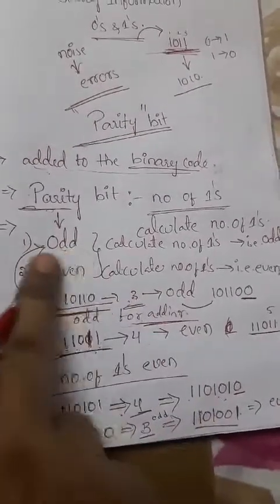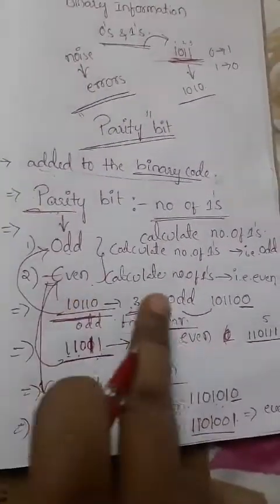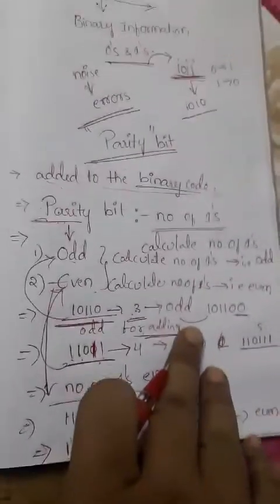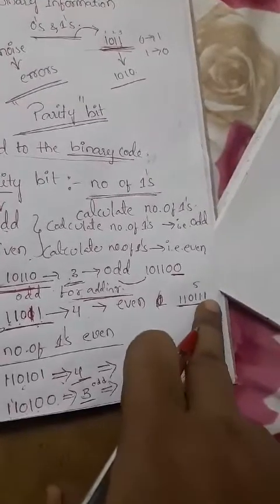That means if you are implementing the odd parity, calculate the number of ones. If that number of ones is equal to an odd number, directly we can add 0. If it is not an odd number, so maybe it is an even number, just add one more 1. Okay, so by using that trick we need to follow that. So by using that reason we have to write all the parity bits.